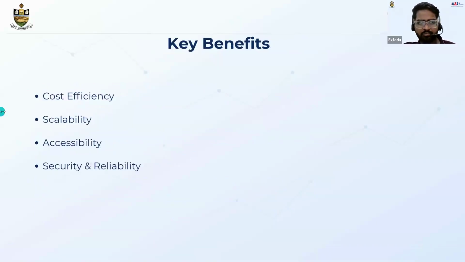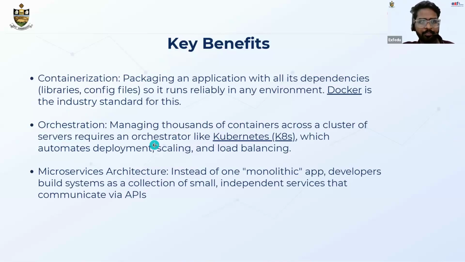So what are the key benefits of the cloud? It's cost efficient. Physical servers take a lot of money to set up, and you can access the same services within the cloud at minimal amounts. And scalability: physical scaling requires more capital, while the cloud has an auto scaling feature, and you can access it from anywhere with a basic internet connection. The cloud also provides security. People have a conception that cloud is all about deploying or storing your applications, but it's more about security and reliability too.